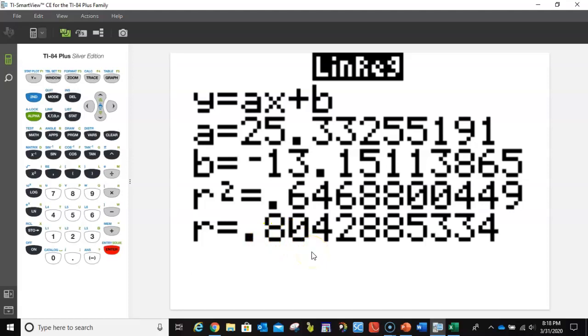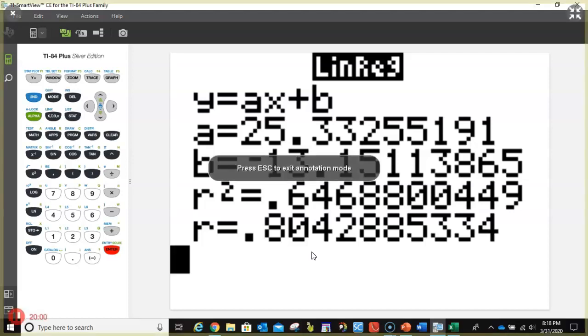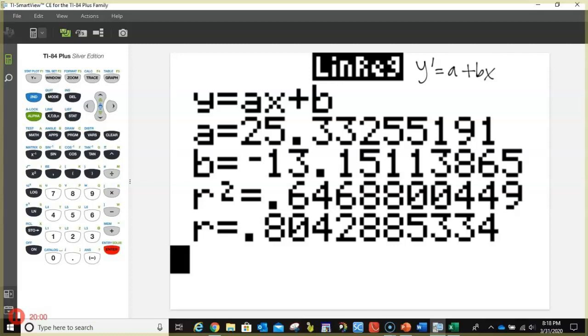So we know that when we do our regression equation, we're going to get a little better prediction than we did previously. We have to remember what I talked about earlier, that the equation I would like to write is y prime equals a plus bx. The a that we want is the y-intercept, and that's this number here, the y-intercept from this output, negative 13.15. And the value of b that I want is the slope, which represents this value here,